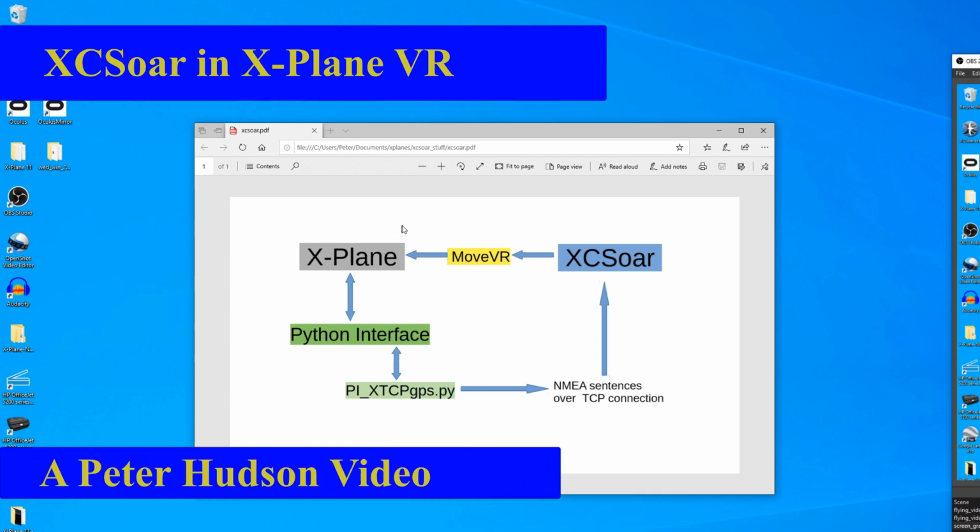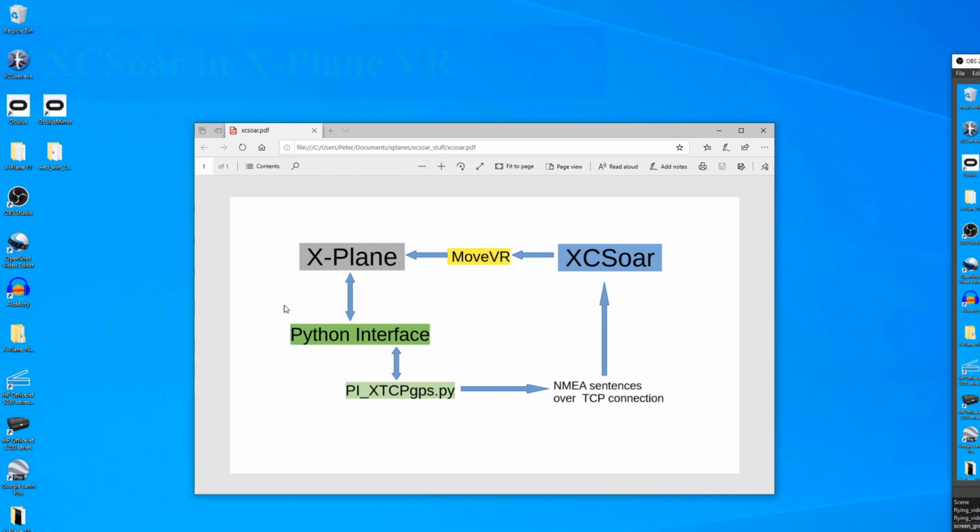So XPlane is going to be running on your PC, and it's going to be communicating with a Python interface plugin. And then that plugin is going to be running a script that's the pi xtcp gps.py, and that script is going to use data refs from XPlane and build the NMEA sentences and send them out over a TCP connection